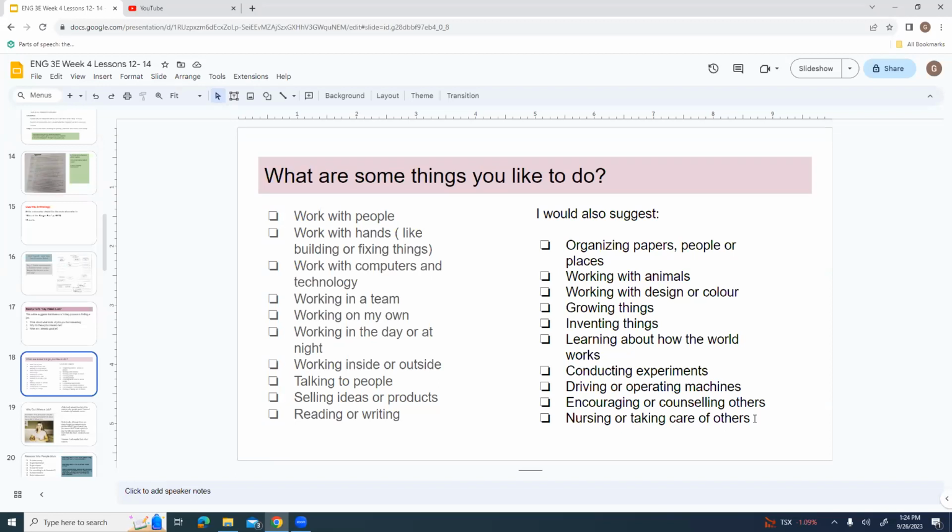And even if you are not yet an adult, you've had opportunities to do many of those things, right? Working with animals could be something as simple as taking care of your pets. Counseling others could be maybe you're the person in your friend group that everybody goes to when they're having a hard time. Taking care of others, maybe you're the one that can be counted on to take care of Gukum or Shumis, or can be counted on to take care of the baby. So all of these things are things that you may do at home already, and if it's something you really like doing, you could translate it into a job.